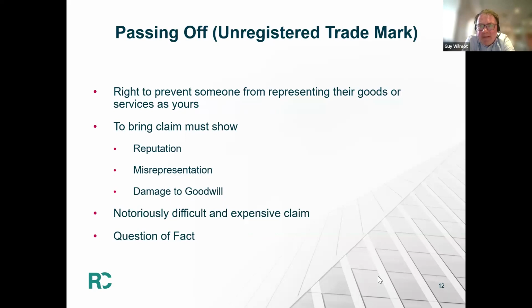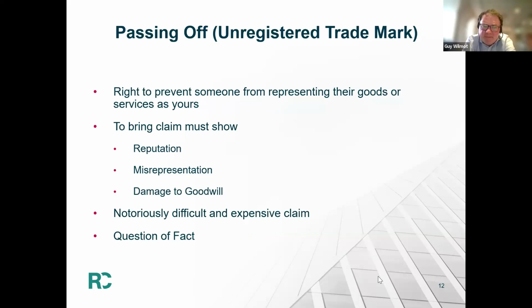I'm now talking about passing off. So passing off is not really an intellectual property right. It is a cause of action. It's a right to stop someone from doing something. So effectively it's a right to sue someone in certain cases and be awarded damages or an injunction. And what the passing off right gives you is the right to stop someone from representing that their goods or services are yours. So they are copying or using some very similar branding, designs, marks, words, logos, which cause confusion